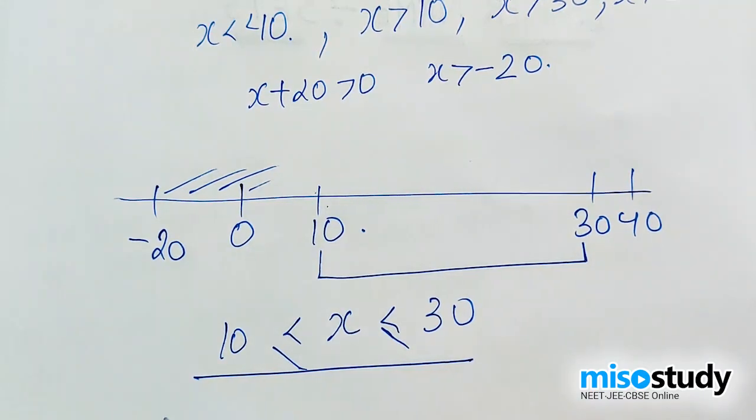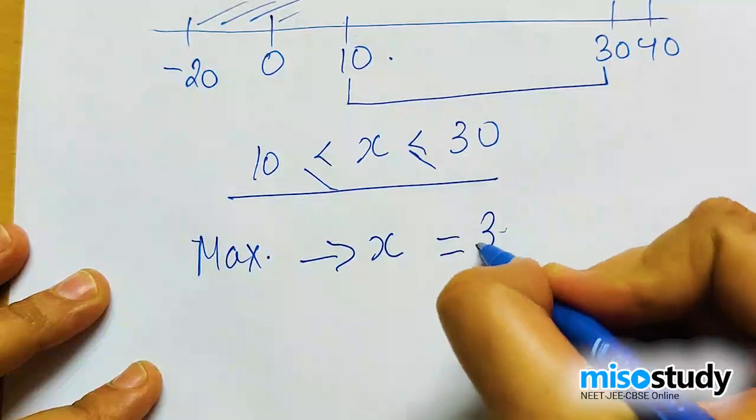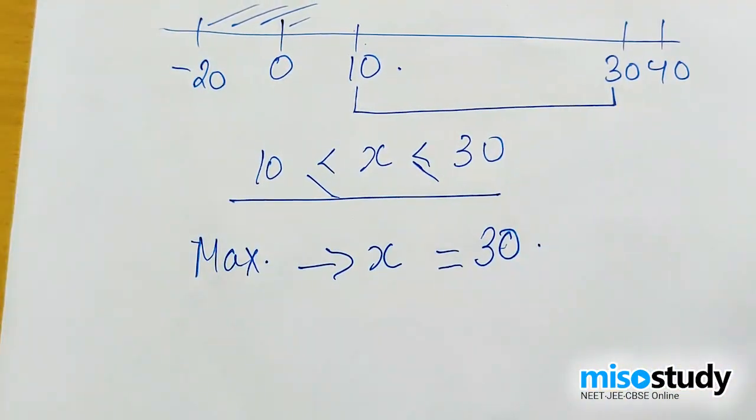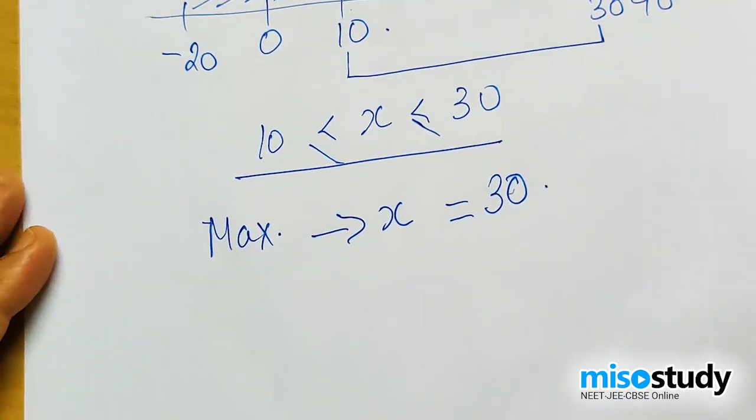So the maximum of it would be, maximum of it what? Maximum of x would be equal to 30. I hope you've understood this one. Alright, now the next question was